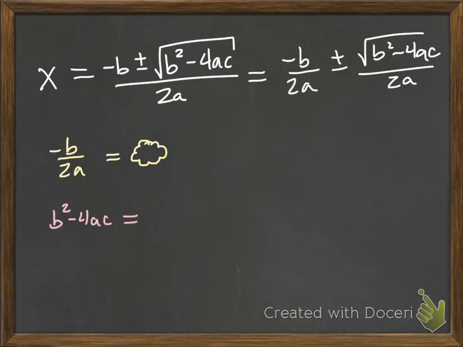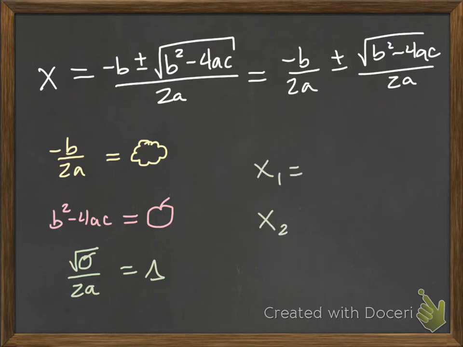Let's say that's, we'll call it a pumpkin. There we go. Ta-da. And then my final step on that part is I'm going to square root my pumpkin, divide it by 2a, and let's say that gives me triangle. So then my two answers, x1 and x2, is I'm going to take whatever I got up here, my little cloud thingy,